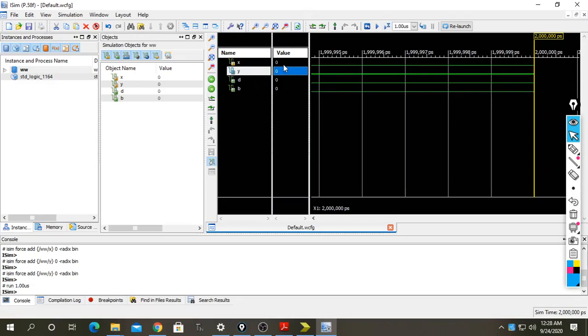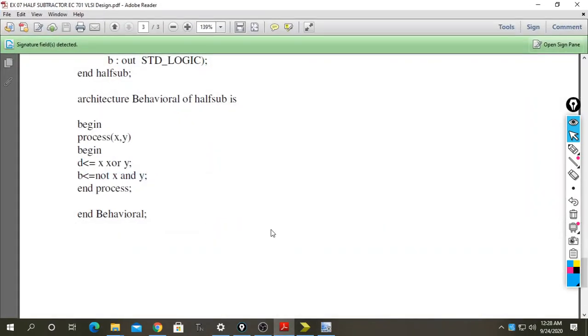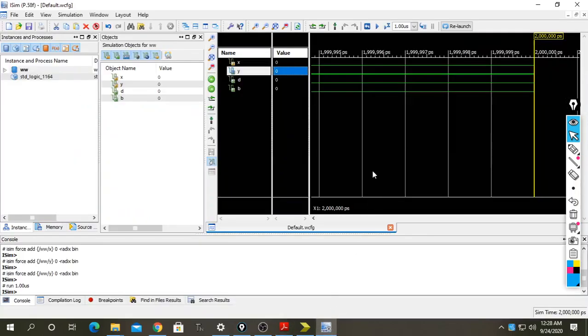As you can see, 0, 0 is the input, where D and B are the outputs. The output D is the XORing of X and Y. And what is the statement of an XOR gate? An even number of 1s gives a low output. So here the output is again 0, and B is the borrow.